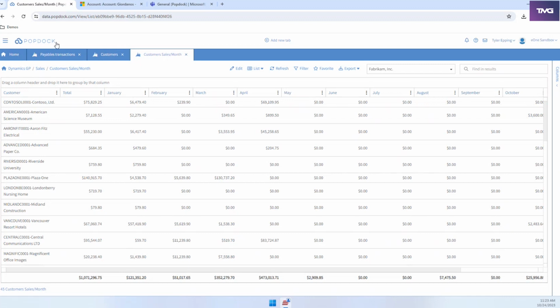And how we're able to take your GP data and display it outside of GP and then also share it inside of other applications that you and your users may be working in. Now I'm going to just quickly highlight the back end of everything, what it looks like when we